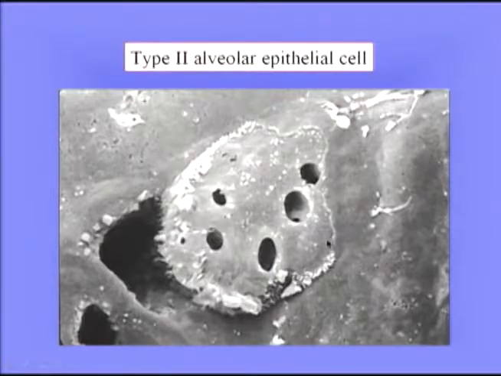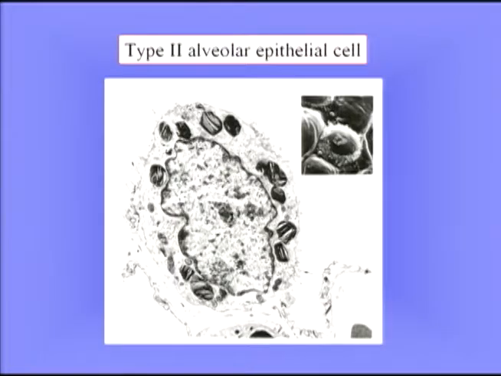This, by the way, is a very beautiful scanning electron micrograph because in the background we can see the type 1 cells very clearly. Let's have a quick look at a cross-section of a type 2 alveolar epithelial cell, and that's shown here. You can see this large nucleus and also these so-called laminated bodies in the cytoplasm here. And notice that they've got this sort of onion skin appearance, and that's very characteristic of surfactant. So this material is going to be extruded from this cell onto the alveolar surface and is going to form